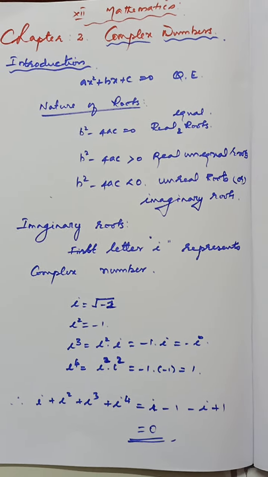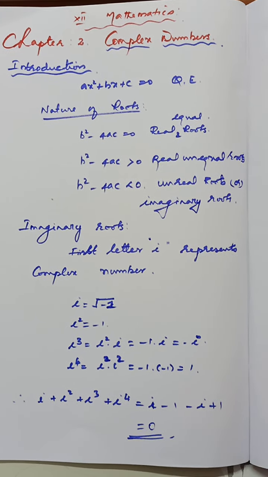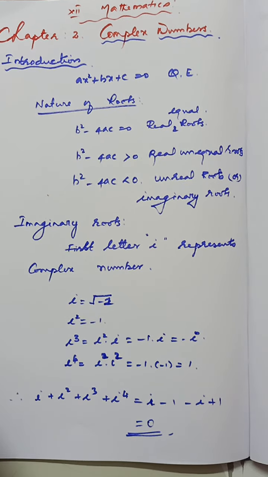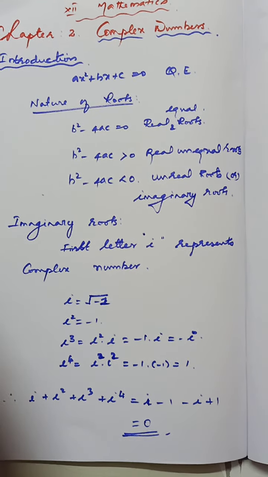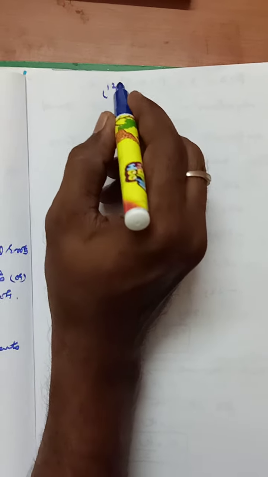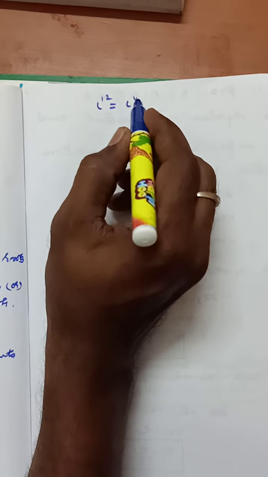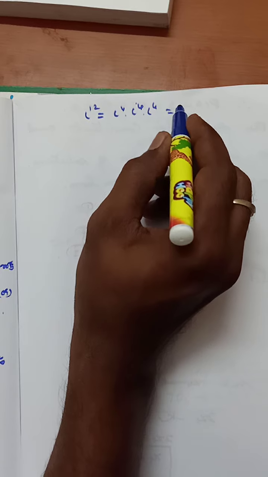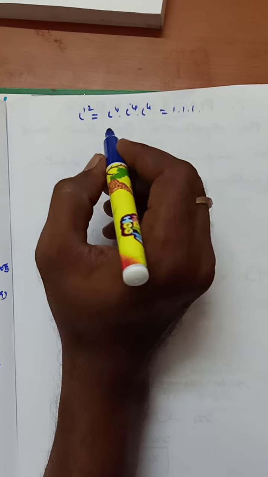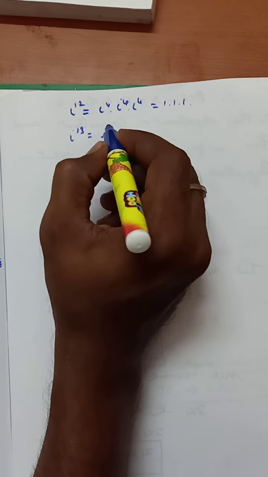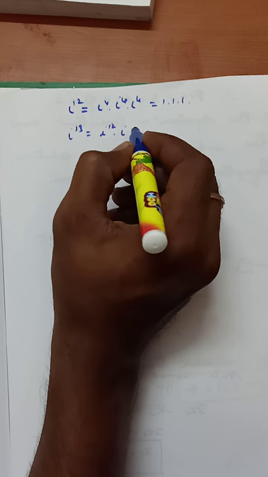So what we are going to do is find the value of i to the power of any number. To find any value of i power, you should know the multiples of 4. What is a multiple of 4? Suppose you have i¹². The value is i⁴ into i⁴ into i⁴, that becomes 1 into 1 into 1. Right? So i¹³, how will it be? i¹² into i, it becomes i.